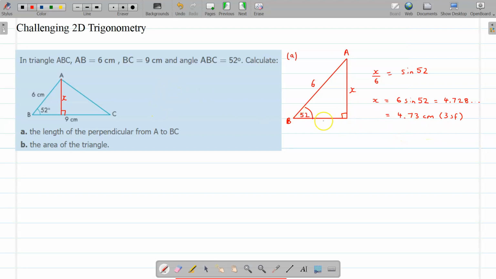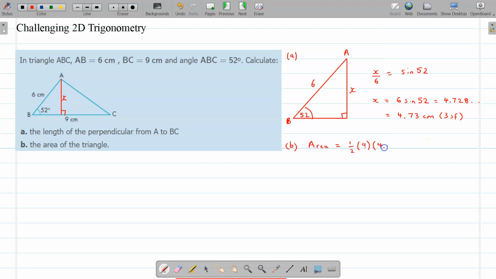So that's that. Now, if we took part B, we've got to do the area of the original triangle. Well, the area of a triangle is half base times height. The base is 9, so it's a half of 9 times the height. And the height we've just worked out to be